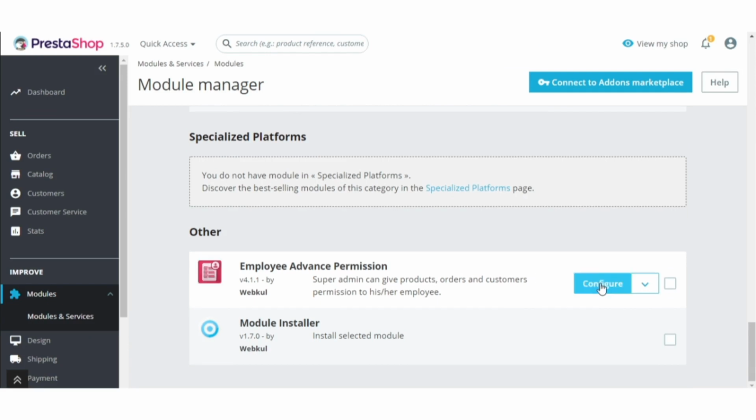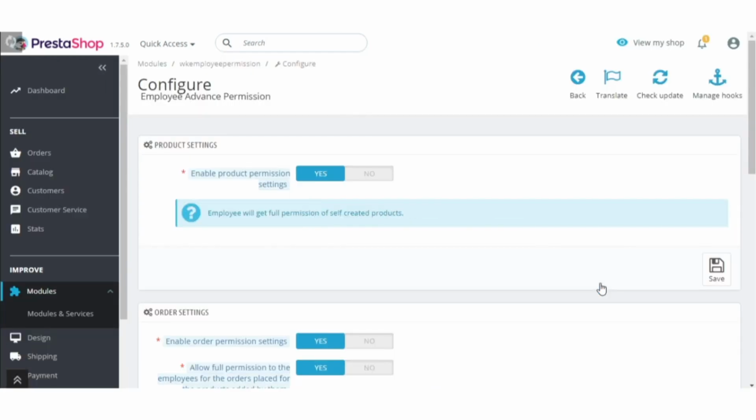Now let's discuss module configuration. If enabled, then super admin can give specific product permission to the specific profile or employee.